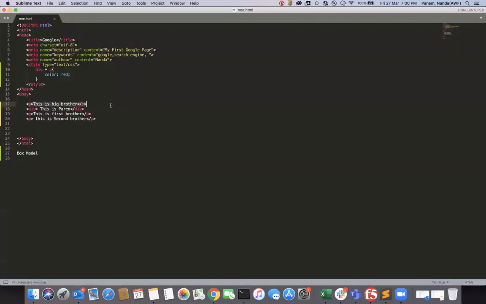The sibling relation comes into the picture only from the current element to the elements below, because HTML and CSS is a line by line execution. That's the reason you can't see the top one: that 17th line is already executed, and as it is line by line execution, you can't go back to the previous line.